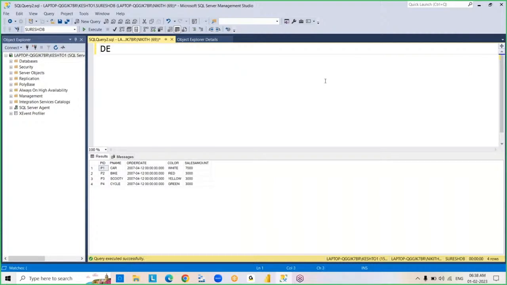So next command is delete. Used to delete the data from the table. See, we already worked with truncate, right? Then what is the truncate command? DDL commands, we worked with truncate, right? Truncate also is used to delete data from the table only. But the difference is